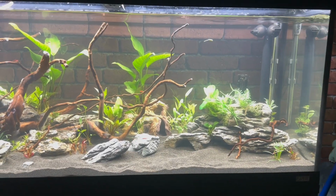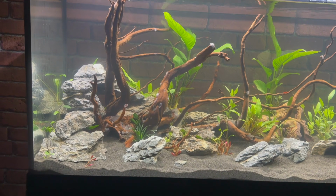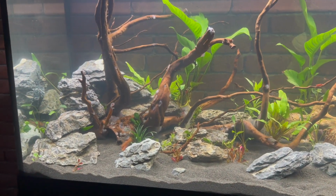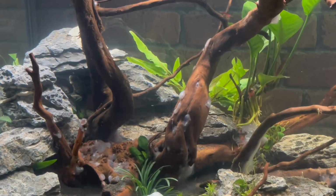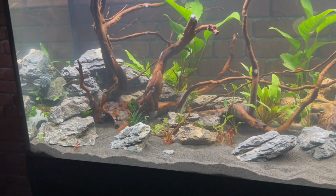Now, these smaller pieces here are what add to the levels of this fish tank. Once again, if every single rock is the same size, then it's just going to look fake. When you are scaping your own tank, make sure you buy rocks of all different sizes, because that will make it look much more natural. But the way the mountain came out in the end looked quite cool, so let's just go through it